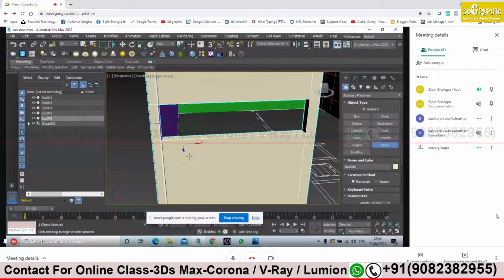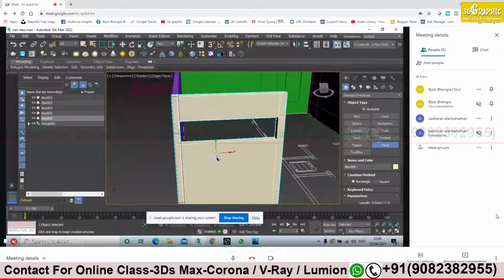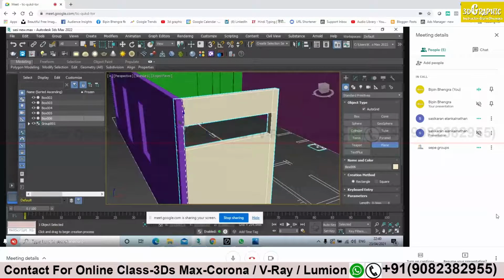Control Z. Flat surface. No, not on the edge. On the inside surface, either the top or the below surface. How should the glass be faced? Where do you want the glass to face? Yes, there. Just click and drag. No, not like that. Control Z.